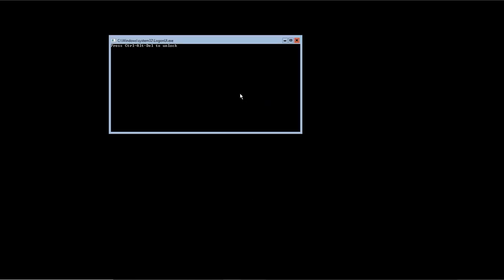After reboot, this core server is ready. So I will log in here. And now this core server is also a member of a domain.